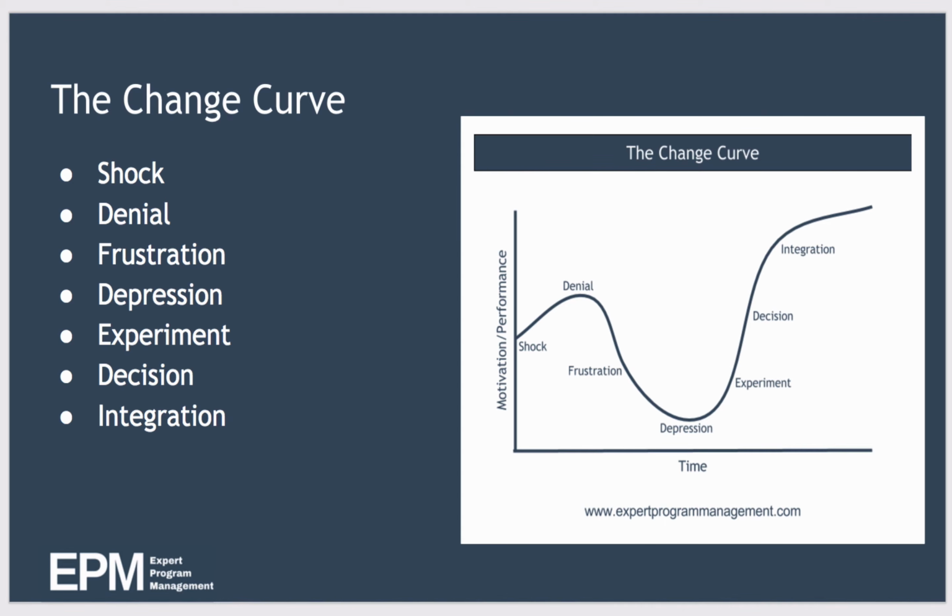And in the final phases of the change curve, people start to embrace the change. This happens slowly at first, with people starting to explore ideas of how things might look and work after the change. And finally, each individual makes the decision to fully embrace the change, reorganize their ways of working, and integrate with the new change. And it's only at this point that the organization can start to experience the benefits of the change.